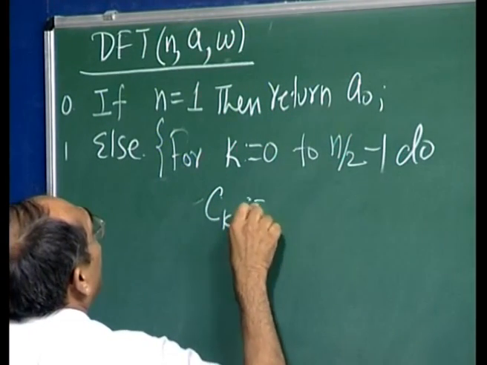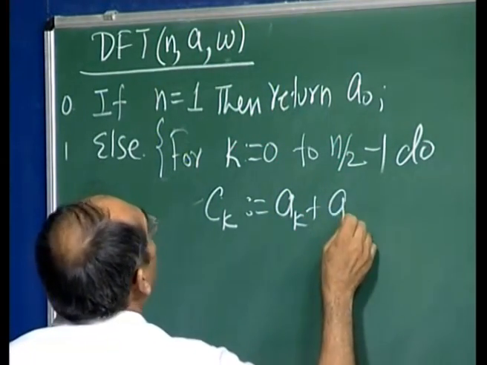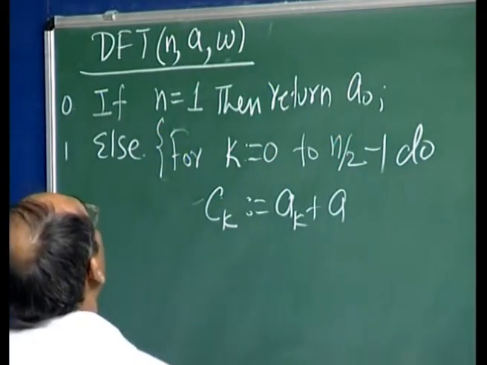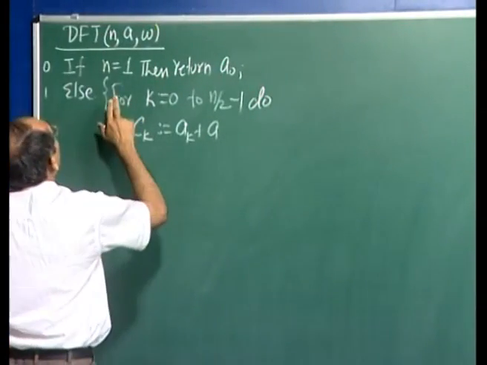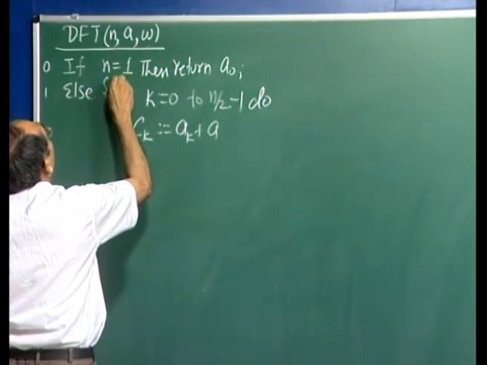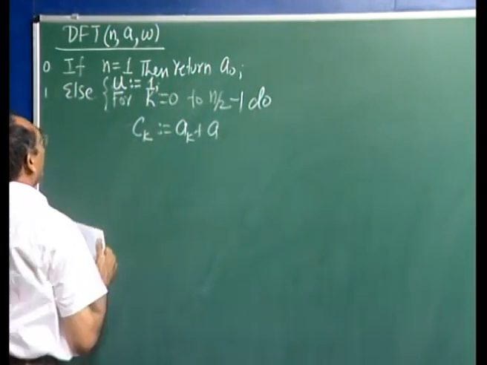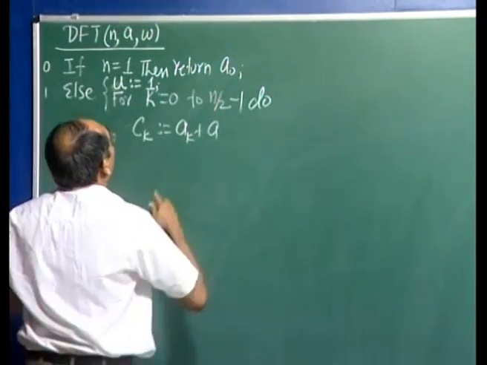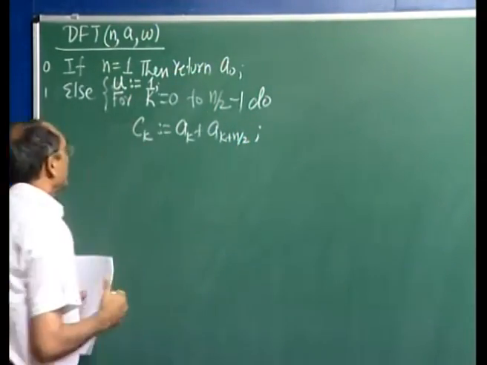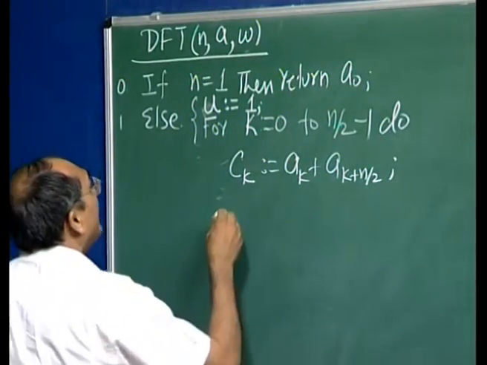Ck is ak plus a. Well, I will need one more. All right. So, I am going to have, which I will show you why we need u equal to 1 here, A k plus n by 2. This was the first smaller transform. This is the vector for that, and